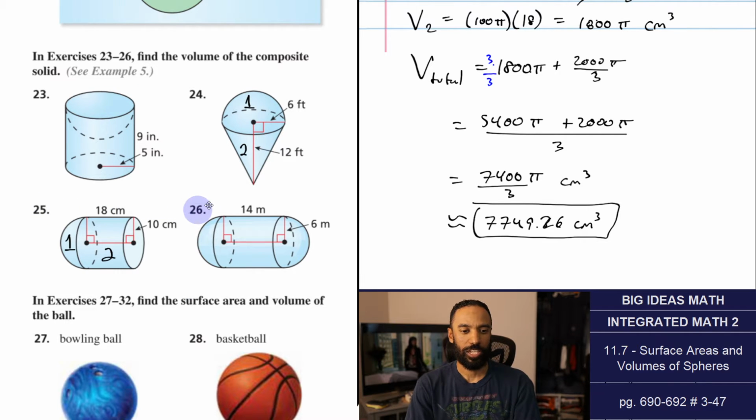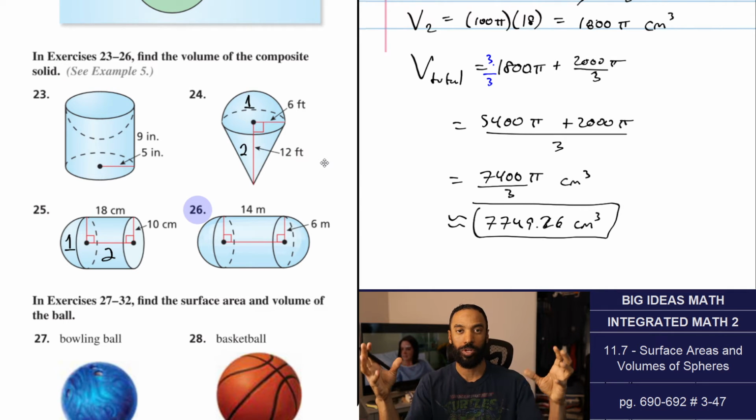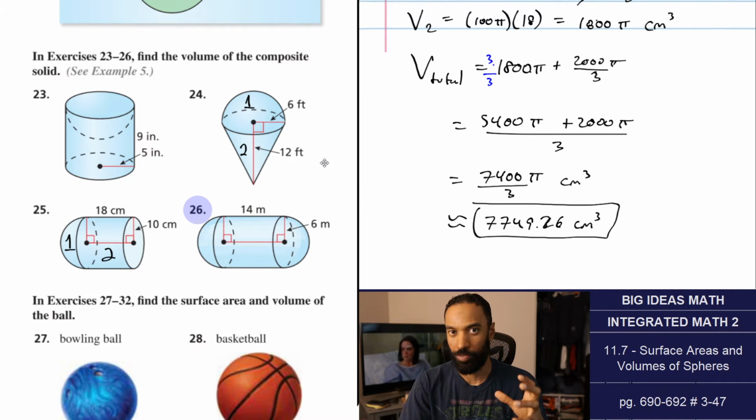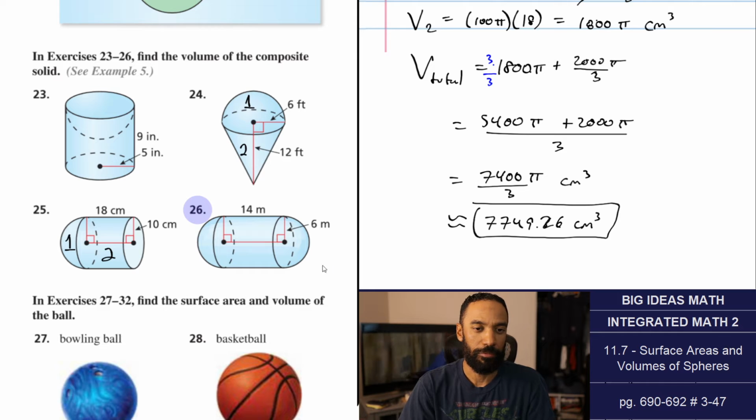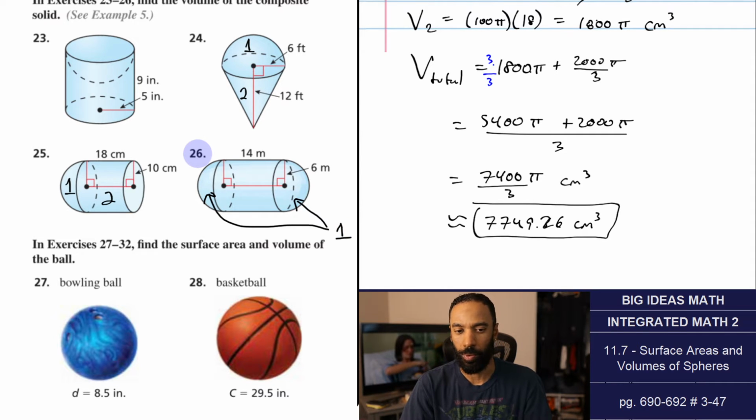Now 26 has an interesting thing here. It has a cylinder and two hemispheres. What happens when you put two hemispheres together? You get a sphere. So instead of putting the two hemispheres and doubling it, let's do the doubling now. Let's just treat it as one object, object 1. It's the same radius either way. It's 6 meters. So with a radius of 6 meters,